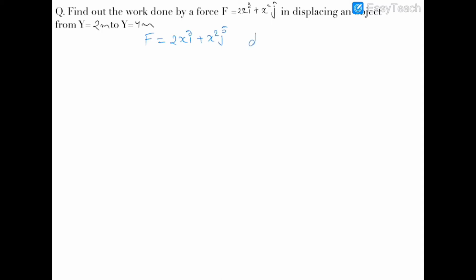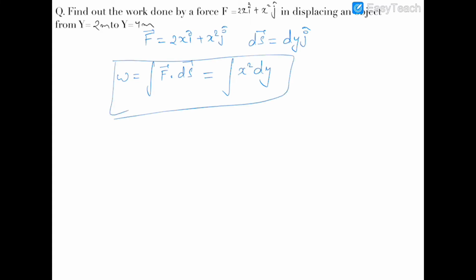So the displacement vector ds will be dy j cap, and this is the force vector. So the work done will be integration F dot ds, and integration of F dot ds will be x square dy. Now we cannot integrate this